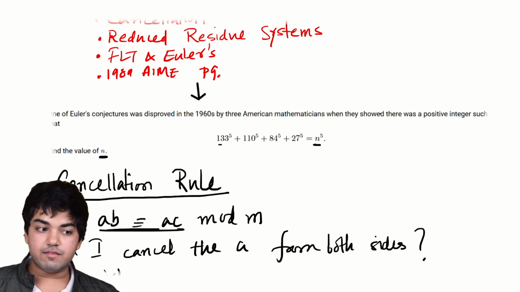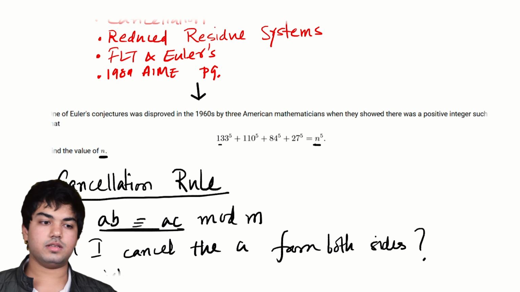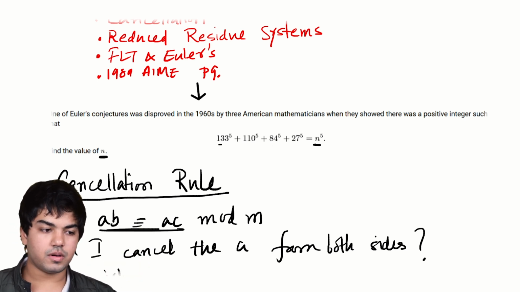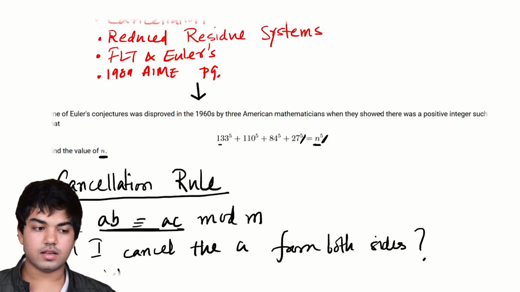You want to find an n which has this property. Immediately, one thing that you would want to do maybe is, if you were thinking of Fermat's little theorem, you have a fifth power here, right? So if I look at any number mod 5, in particular what happens mod 5 is, n to the 5 is congruent to n mod 5